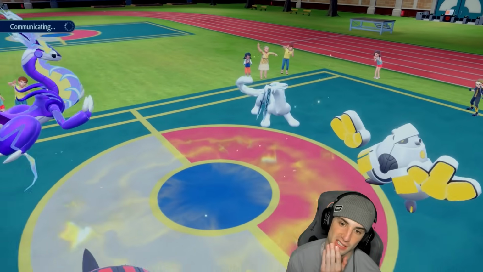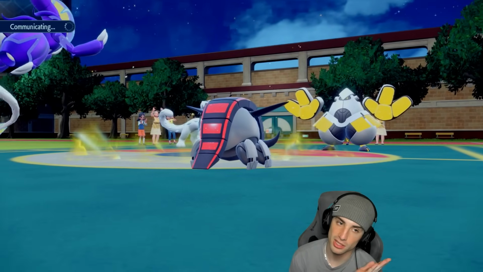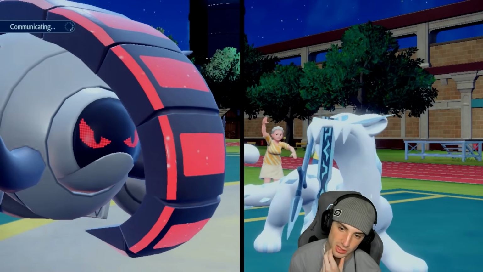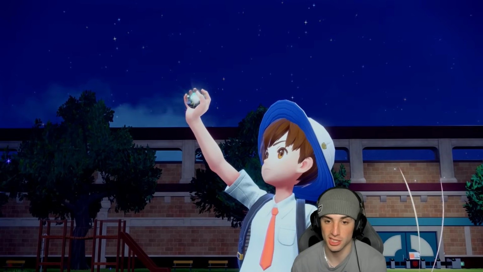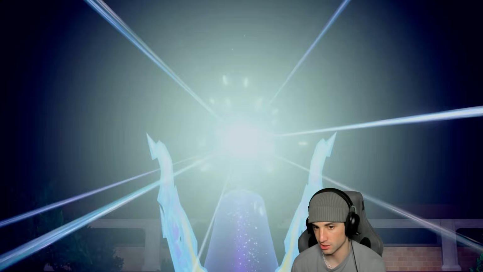But the reason I'm Terastallizing is because Chien-Pao's definitely Focus Sash, and it does have that chance of just soaking the shot and then going for an Icicle Crash. I honestly might outspeed this Miraidon. This Miraidon, I think, is like 179, 180 speed. It's nothing too fast, so